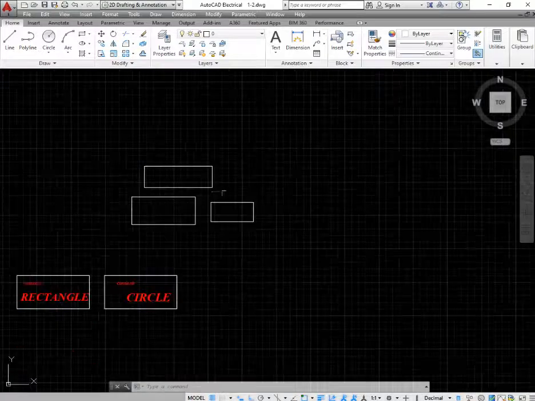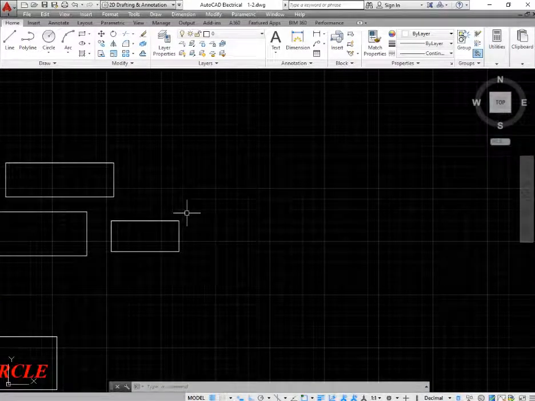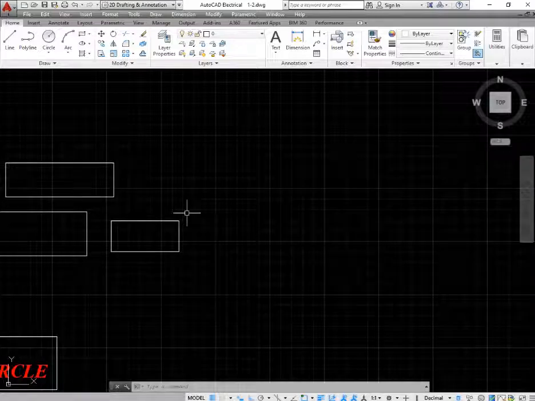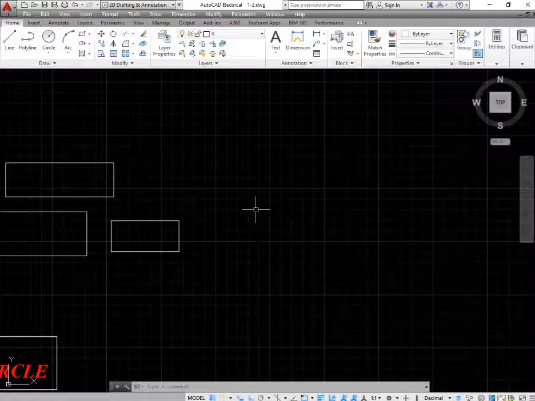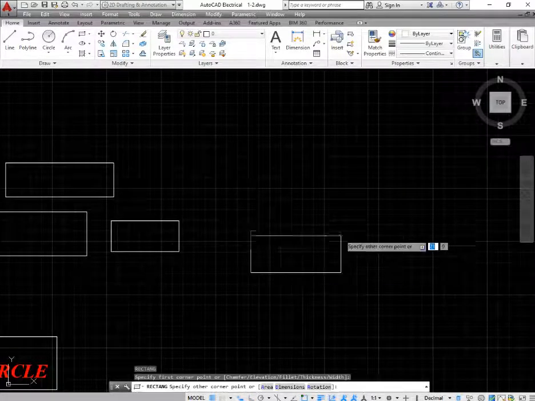Now if you want to draw a rectangular with a specific length and width, for example 6 feet by 4 feet, simply take the command of rectangular. I am using the command REC, enter, specify the first point.